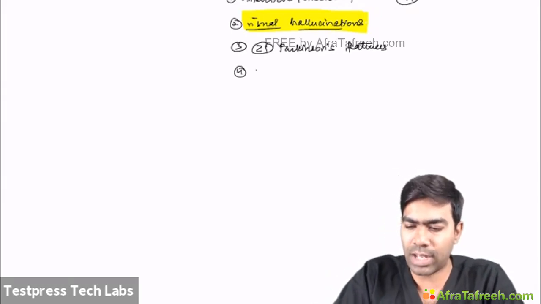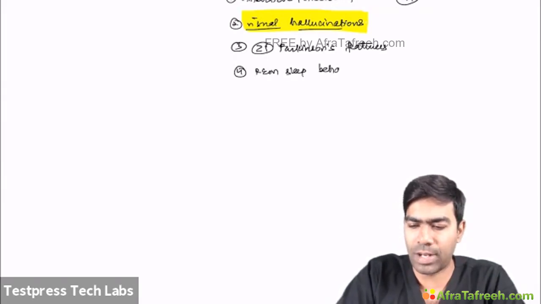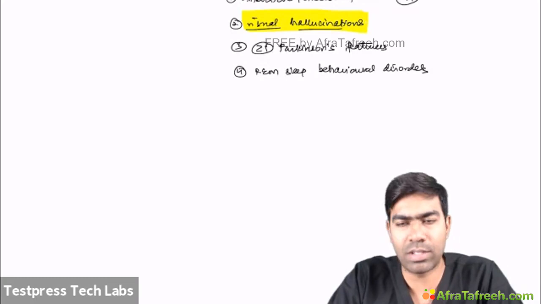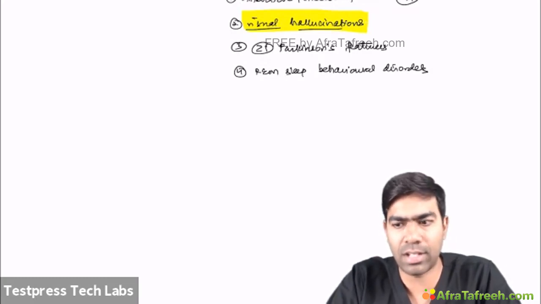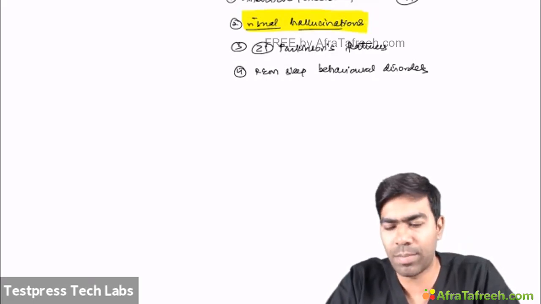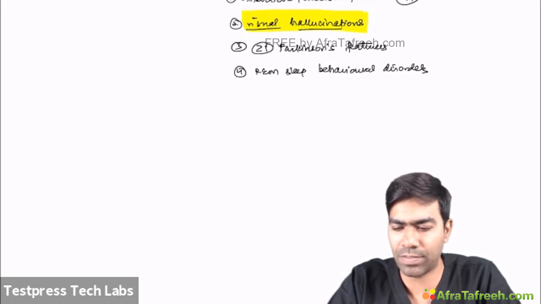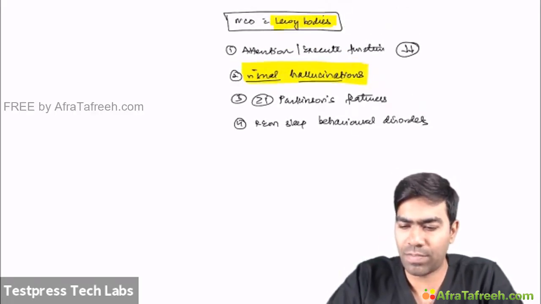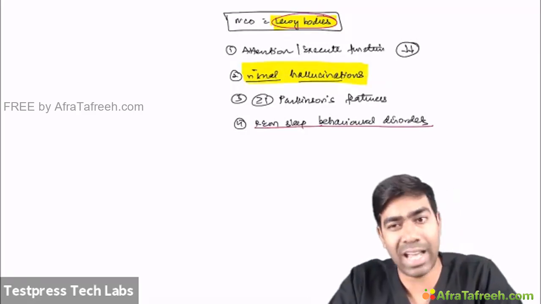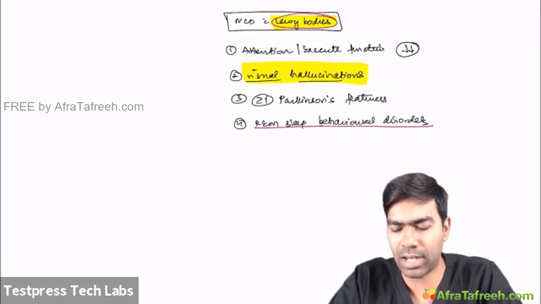And number 4, they can have REM sleep behavioral disorder. This is very characteristic of Lewy bodies, in fact. It can happen even in Parkinson disease, because even in Parkinson, some of the cases are due to Lewy body formation. So there is some association with Parkinson anyway. That's why some patients with Lewy body dementia also have associated Parkinson features. So one of the important features of Lewy bodies is the REM sleep behavioral disorder, which can happen in Parkinson also. I'll be telling that at that time as well.